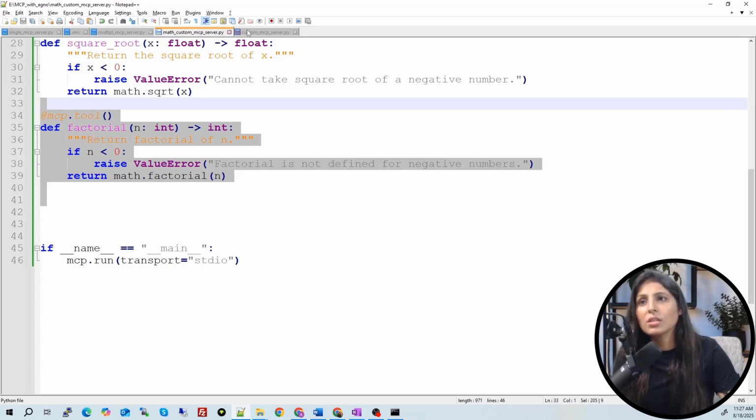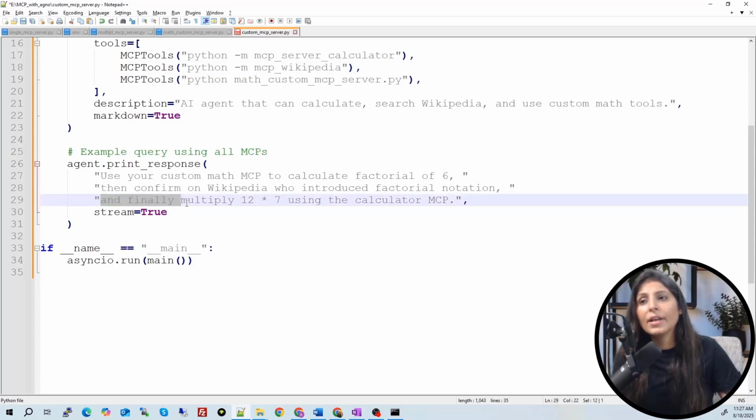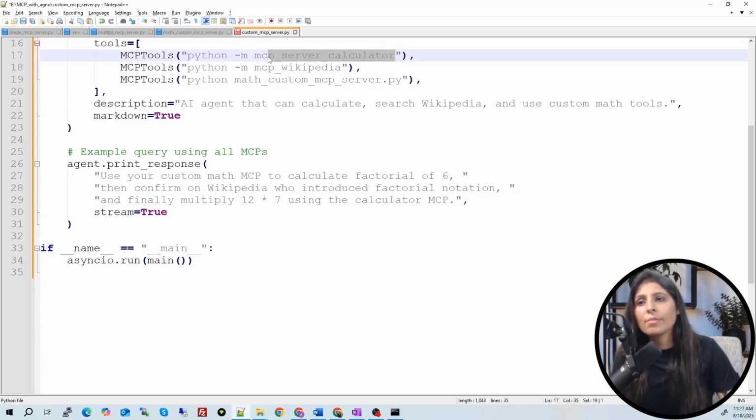So we want to use this, and then confirm on Wikipedia who introduced factorial notation. For this part, our LLM will use the Wikipedia MCP server. And for the third part, finally multiply 12 into 7 using the calculator MCP. So for that, it will use this MCP server.